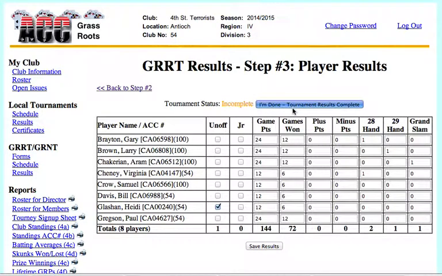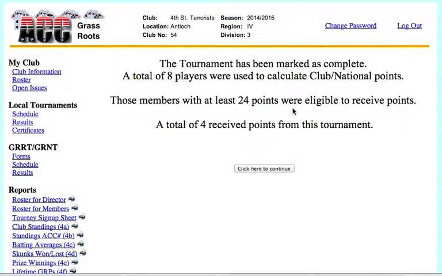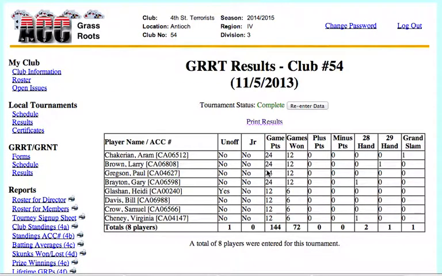And then I'm going to mark the tournament done as a local club director. And at that point, what's nice is the local director can really just print this. They can go ahead and click print and print this off and send it to the regional commissioner instead of having to fill out the paperwork. This has all the information that you would need